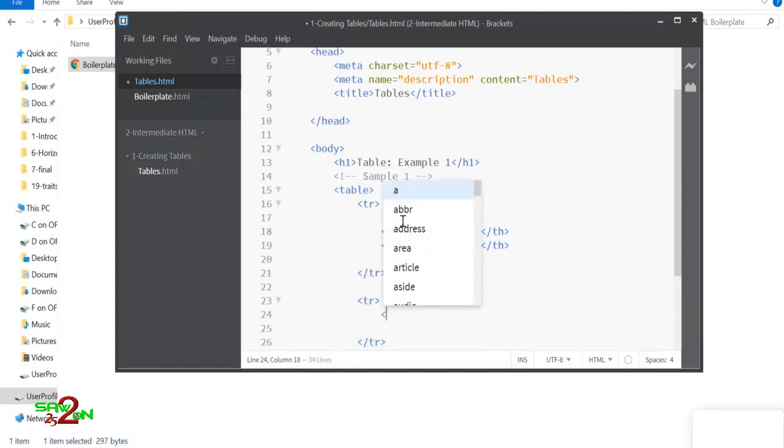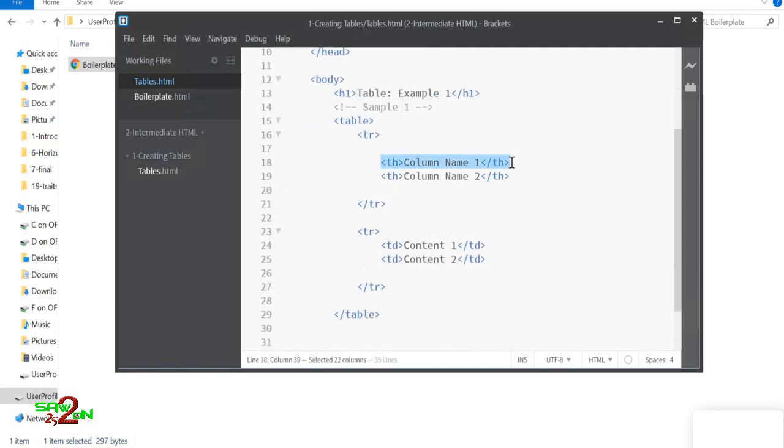Right, so let's add the data now. So I'll say content 1, that's nothing but your column. Okay, what you're trying to do here is this is the first column, this is the first content in that column, and then you're going to have a second column, and this is the content in the second column. Okay, and how you're creating the new lines inside the table, you're using the TR, which is nothing but the rows. Okay, so after this we're going to write a new line, and then let's look at an output of this table.